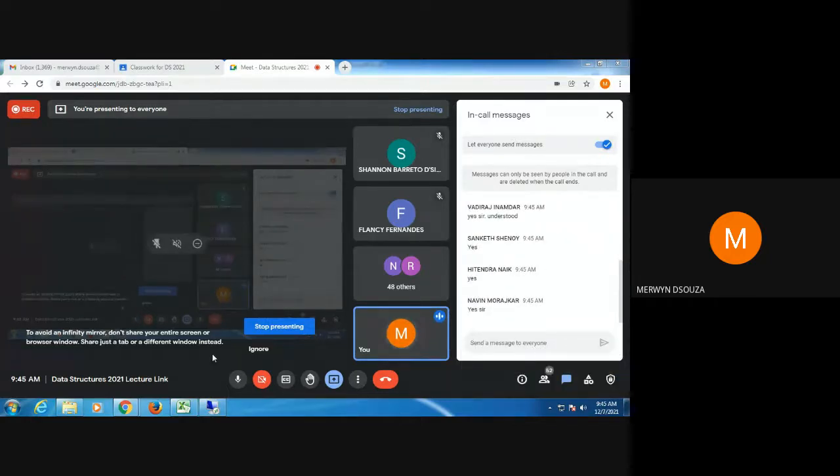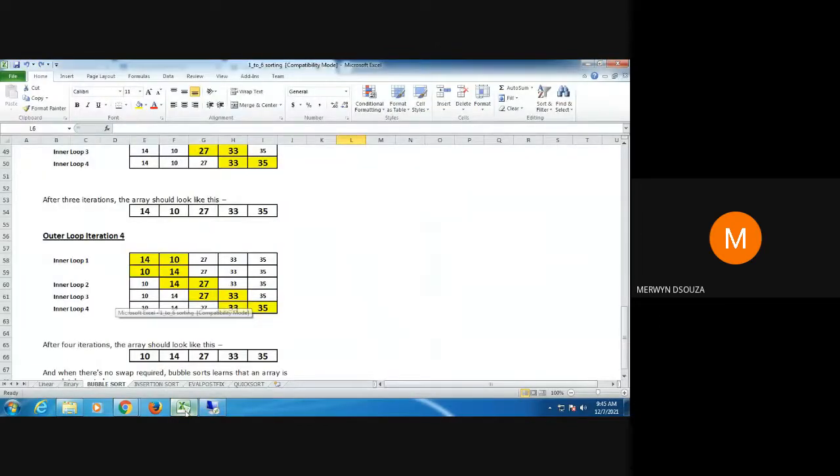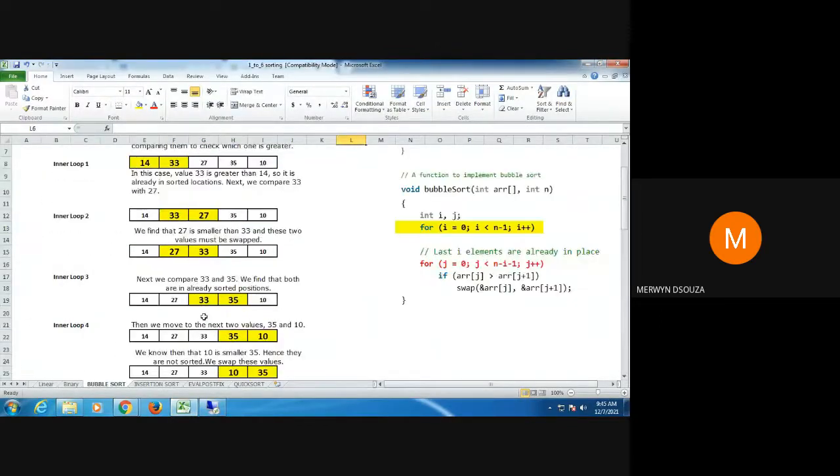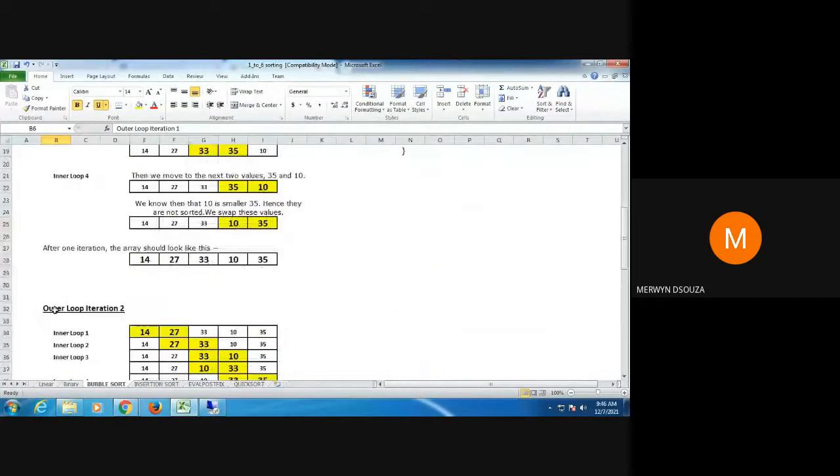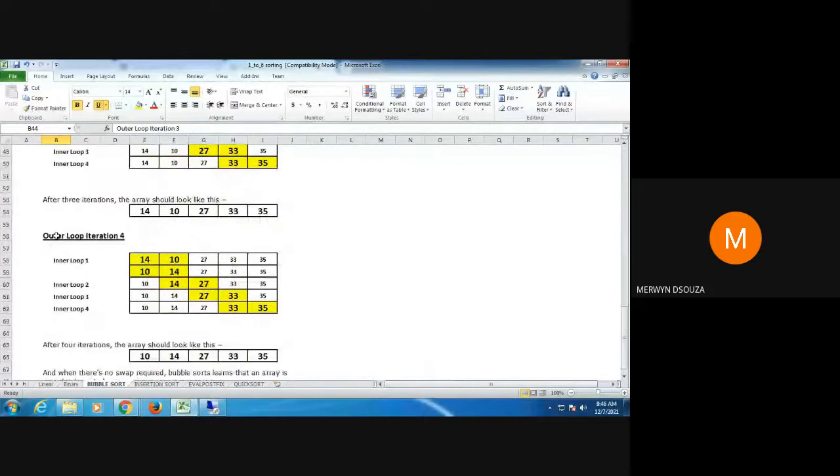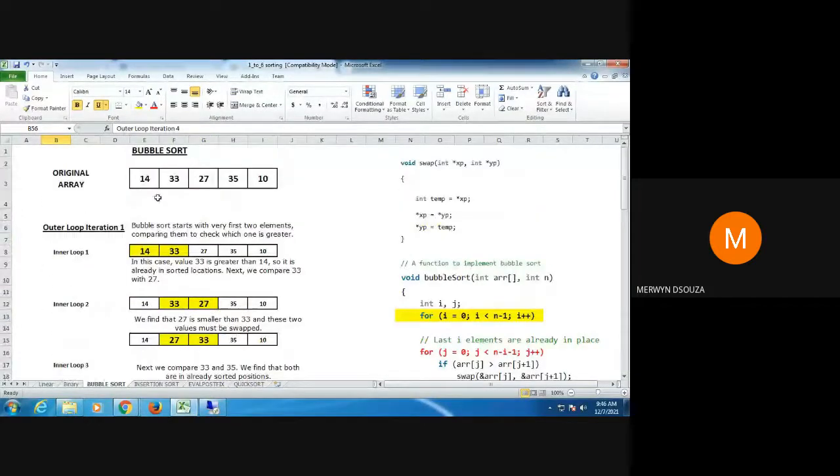Okay. Then the most important thing is you have to refer to the textbook and learn the program. I have explained the concept. Now you can see here, there's one more thing in this code that I have taken. This condition here has been made more efficient. Here you can see the code has been written n minus 1. Therefore we are getting 4 outer loop iterations, 1 2 3 4, because it is n minus 1, 5 elements, so n minus 1 is 4.